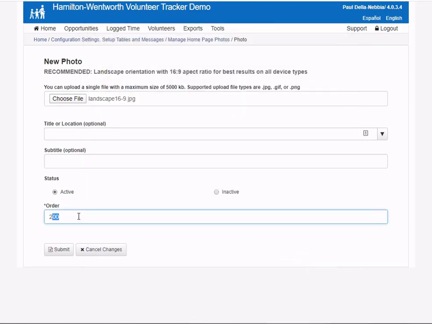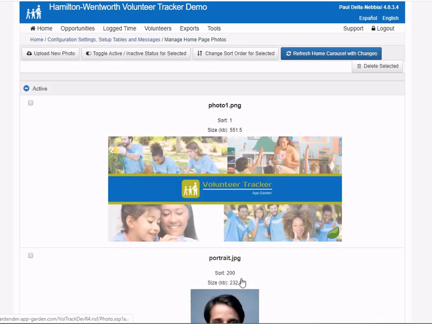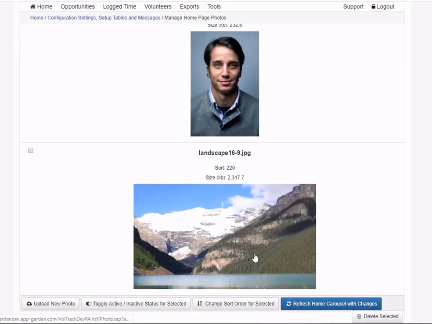And try again to put this at 220 in the sort order, and I'll submit that. And this time it was successful. So I can see that here. And once again, if I refresh